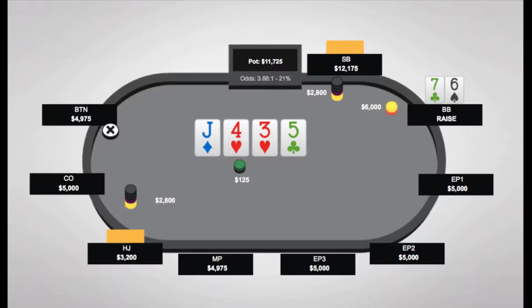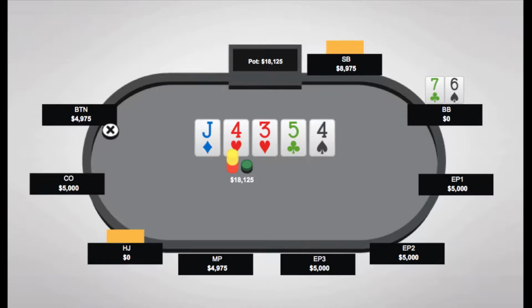So I end up shipping, hijack calls, small blind calls, and the river is the 4 of spades. This shouldn't be a huge concern because neither of them should really have a set or two pair in this spot. And we end up tabling our hands, and hijack has 7-6 as suspected, and small blind has ace deuce of hearts, and we end up chopping up his money. But